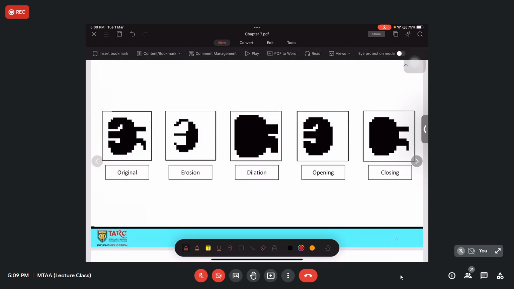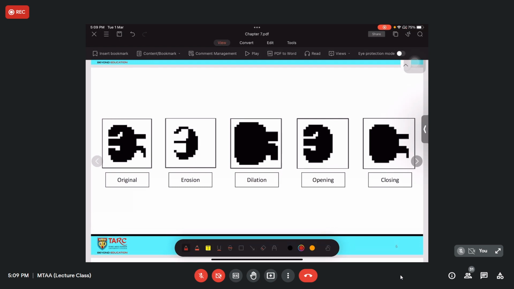This slide shows an example of a binary image whereby you have black color pixels and also white color pixels. This is the original image, and after erosion you will get something like this. After dilation, you will get something like this, and then opening and closing. I hope you're aware of the difference: this is the original image. After performing the erosion, the size of the object is reduced.